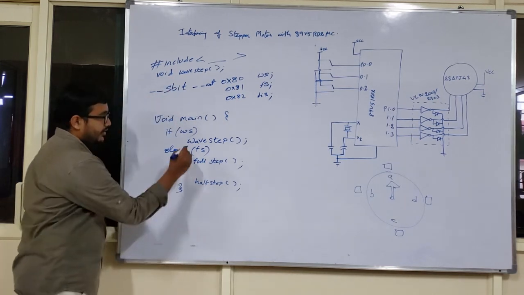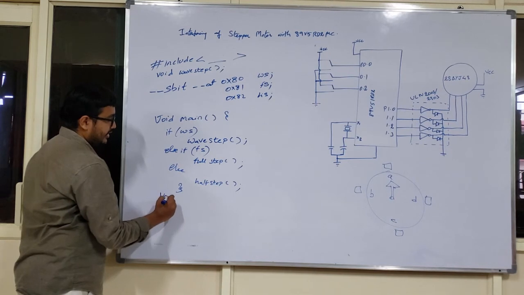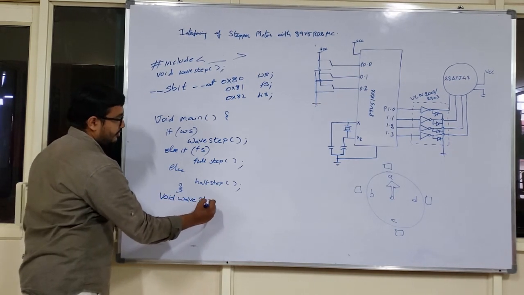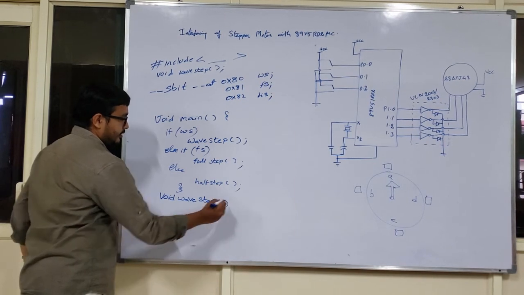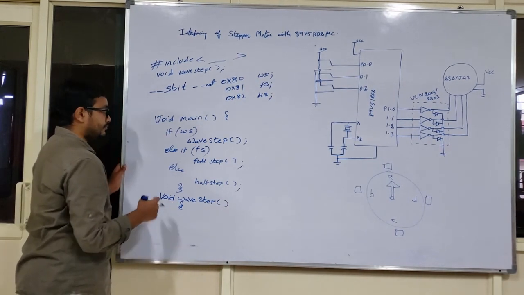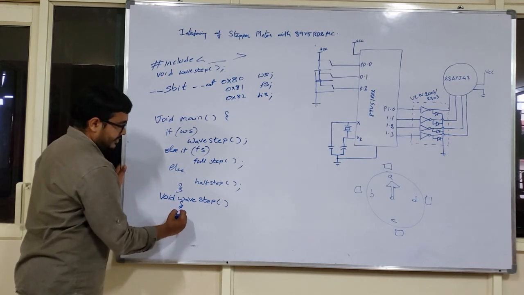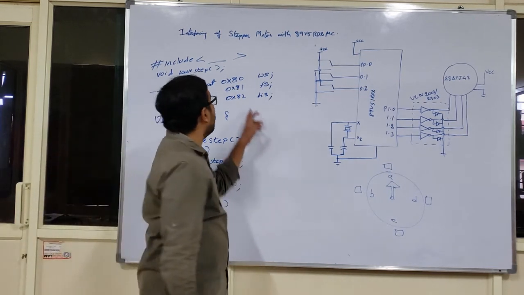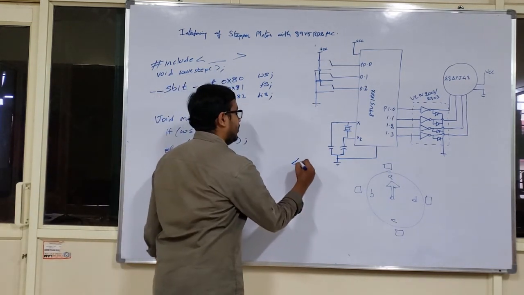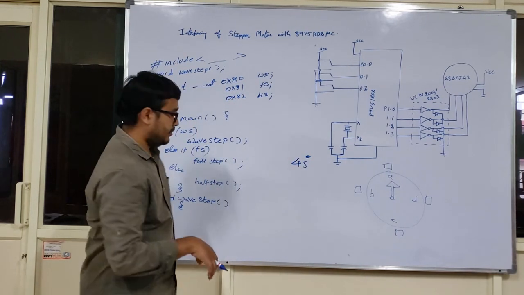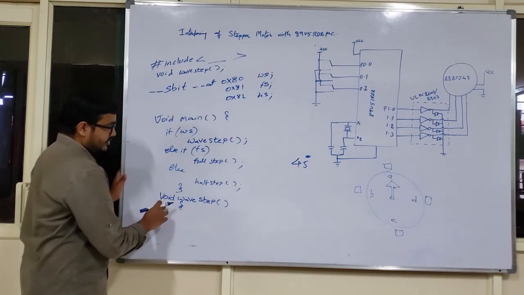After that, you need to complete the definition of each and every function. Like I am just completing the definition of your void wave step only. I don't need to keep a semicolon. So it is a continuous activity, but I want to make only a 45 degrees movement in anti-clockwise direction for your robotic arm, for which what I will do here is void wave step.